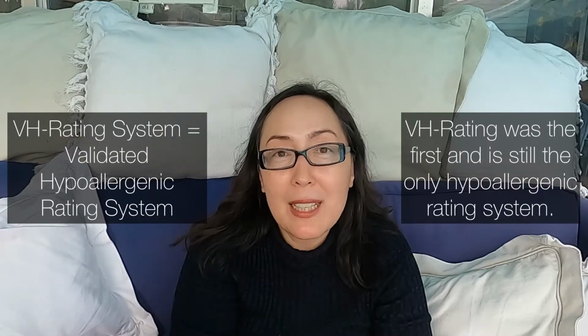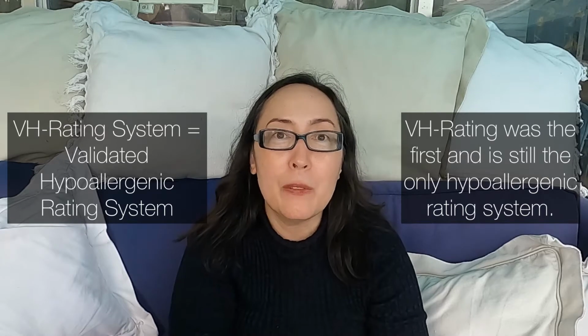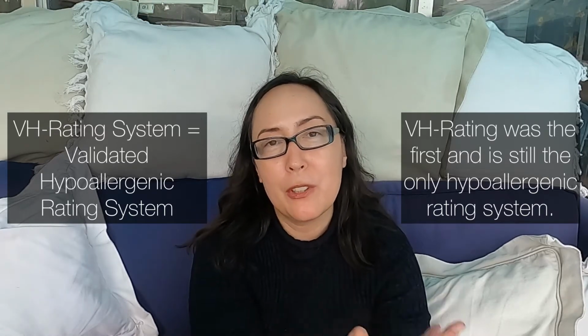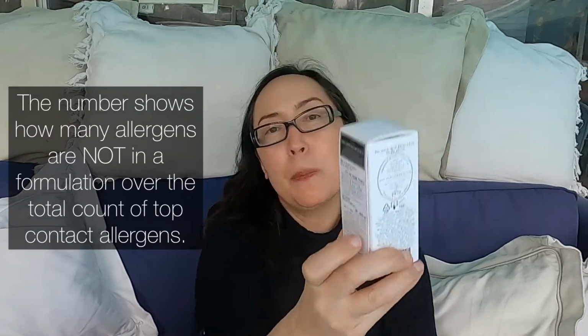We have a VH rating system, which is sort of like an SPF in that it's an easy grading system you can follow. That was invented by my mother, who's our founding dermatologist, dermatopathologist, and it shows how many allergens are in a formulation. Like here, that would be VH minus 109 over 109, which means validated hypoallergenic minus 109